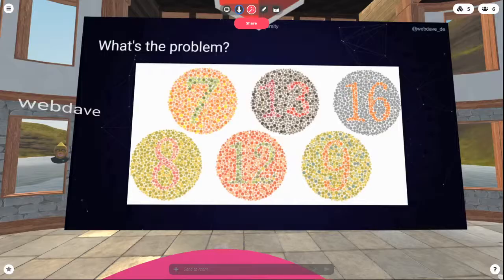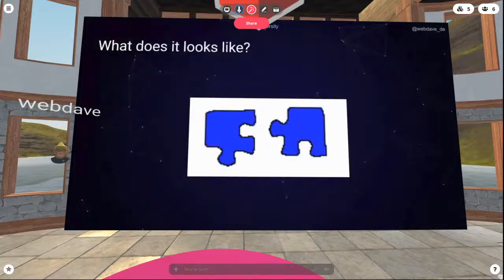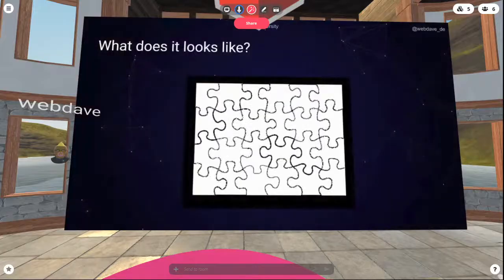But what does diversity look like? Short question: is this diverse? No. These are just the same piece of a puzzle. I just copied it, turned it by 90 degrees and pasted it next to it. So it's exactly the same. So this is not diverse. But what about this? This is kind of diverse because they all have a different shape, these puzzles, but